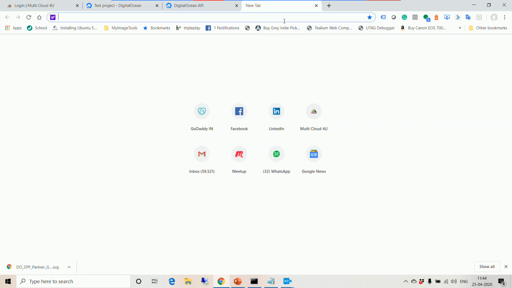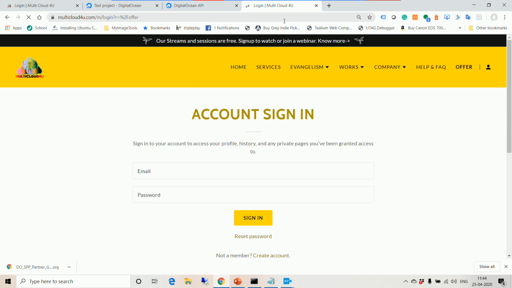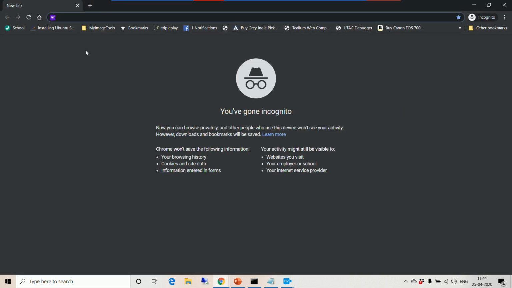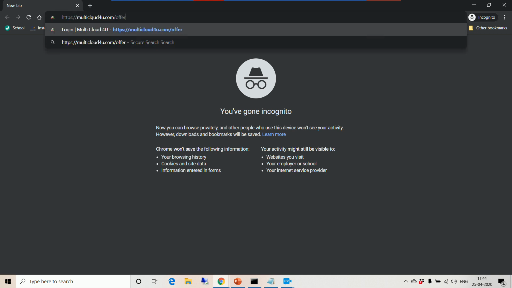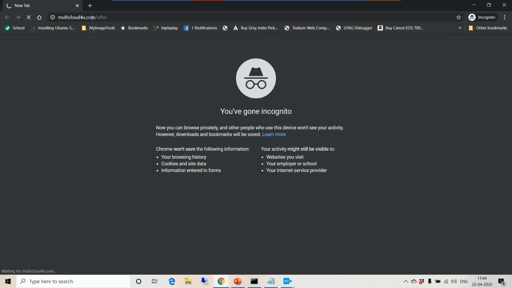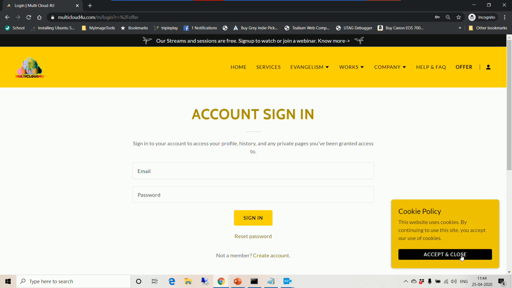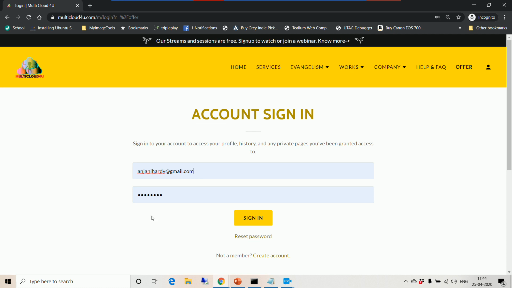Hello everybody, those who joined recently, thank you for joining. So you will be greeted with this page. I will also help you on how to connect to the site. The best way is to open a new incognito window if you have already gone to our website and forgot to accept the cookie page, as this may give you an error. Just click this link and you will be greeted with this cookie policy. Accept and close. If you have your account, well and good. If you don't have an account, you can create one, and create your password.